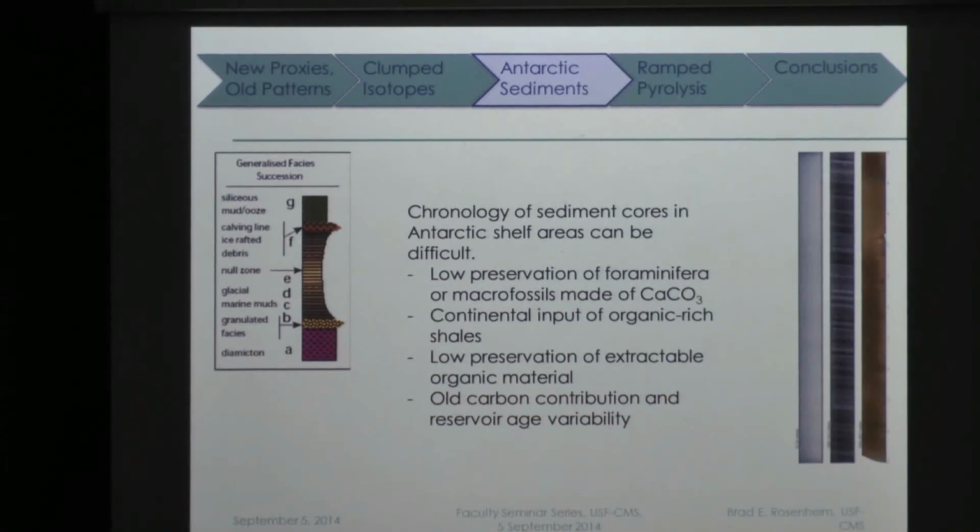The problem is that in Antarctica, chronology is hard to come by because our gold standard is you go and you look for little calcium carbonate shells of forams. You date those using radiocarbon because this is the sort of time span that we're working on. And you get a nice age model. In Antarctica, because there's so much organic material in the sediment, the calcium carbonate is not preserved very well. The shells dissolve over time, and what you're left with is organic material to date. That means that you're susceptible to continental input of organic carbon. There is organic carbon in the rocks of Antarctica because it wasn't always covered with ice, and this carbon is therefore very old. So when that gets mixed in, your organic carbon mixed